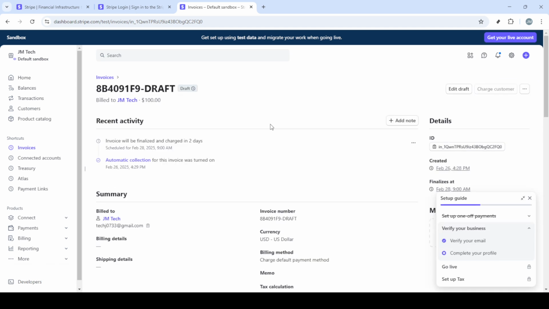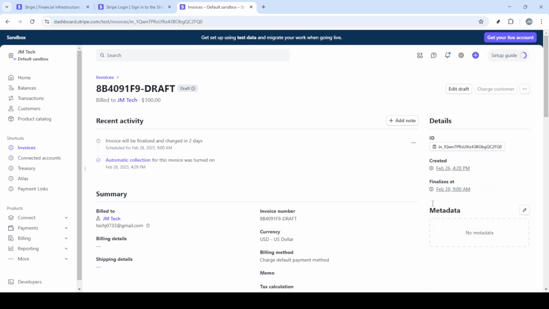Following the card details entry, you'll have the option to schedule charge date. Choose a date that aligns with your billing cycle or is suitable for your business needs. Finally, you need to confirm all the details to ensure everything is in place. Clicking on Confirm Invoice